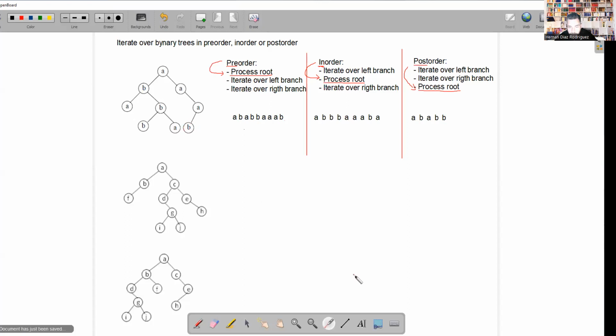We add B to the path. We go back, and in A, we don't have right branch, so we have already done the left, we have already done the right, so we process the root, which is A. Again, we go back to the root. We have done the left, that doesn't exist. We have done the right, so we add A